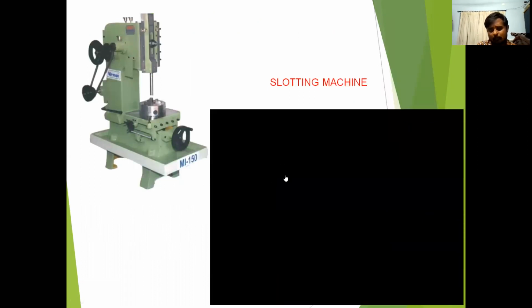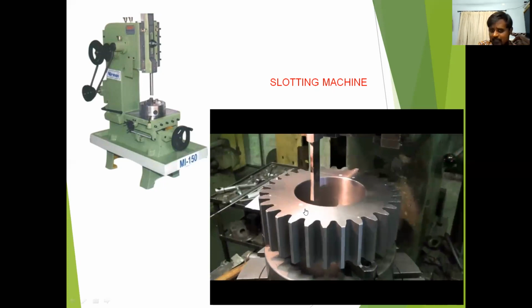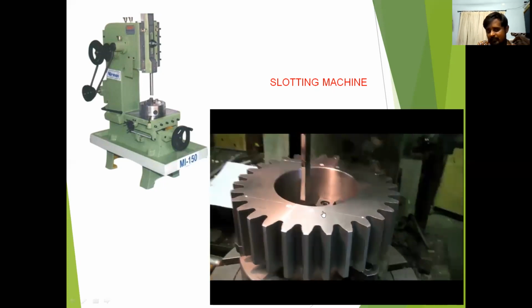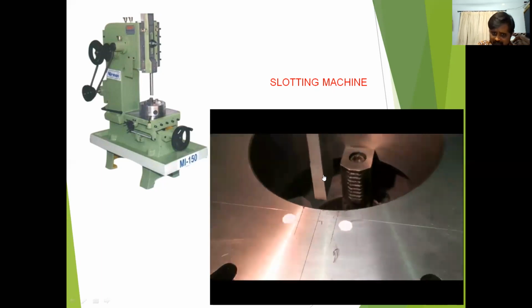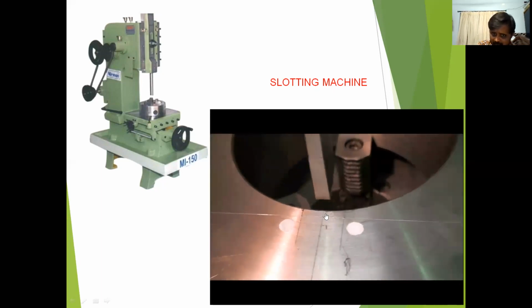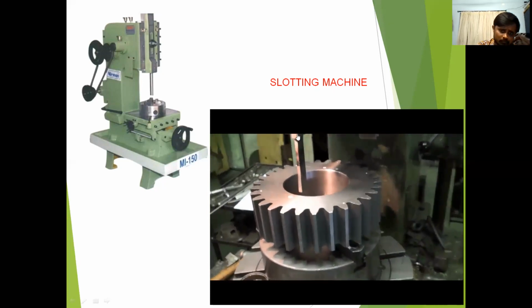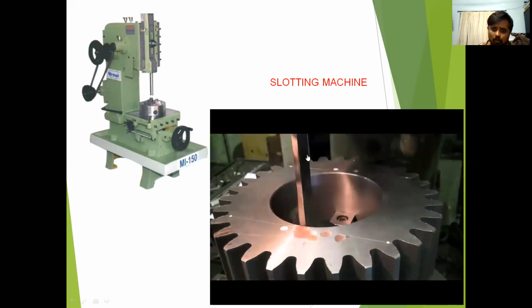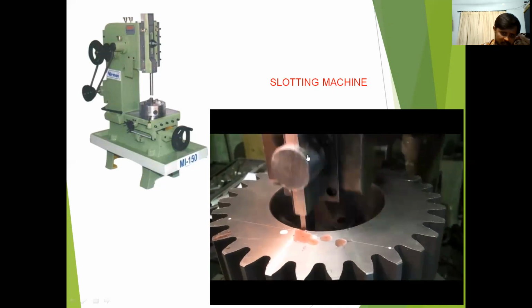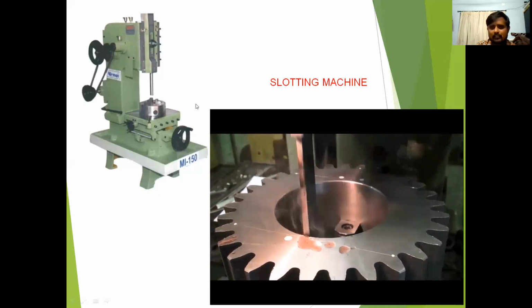In the previous video, the cutting action took place on the external surface. Now we will see how we make keyways on the internal surface. This is a workpiece. We hold the workpiece in a vise, and this is a cutting tool, and here you have to make some key slots. We move the cutting tool in a downward and upward direction. Only during the downward stroke is the metal removed, so it is a cutting stroke, and the upward stroke is an idle stroke.